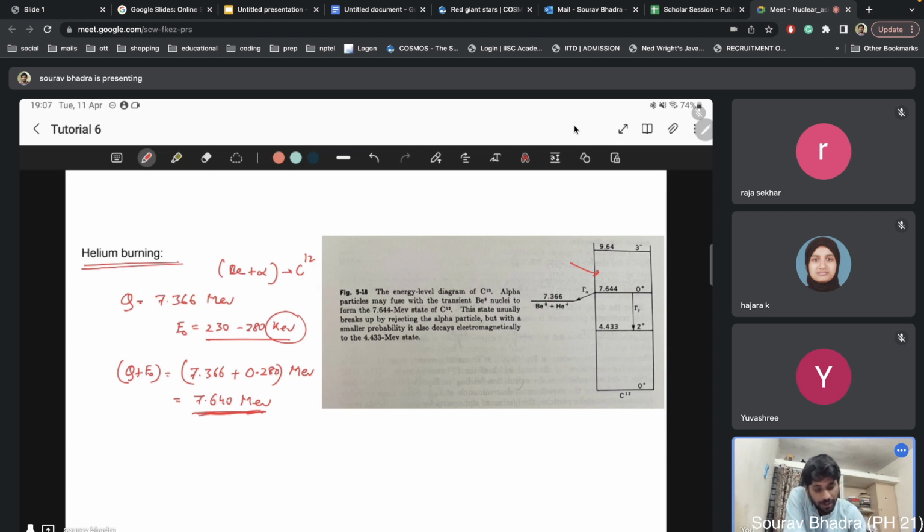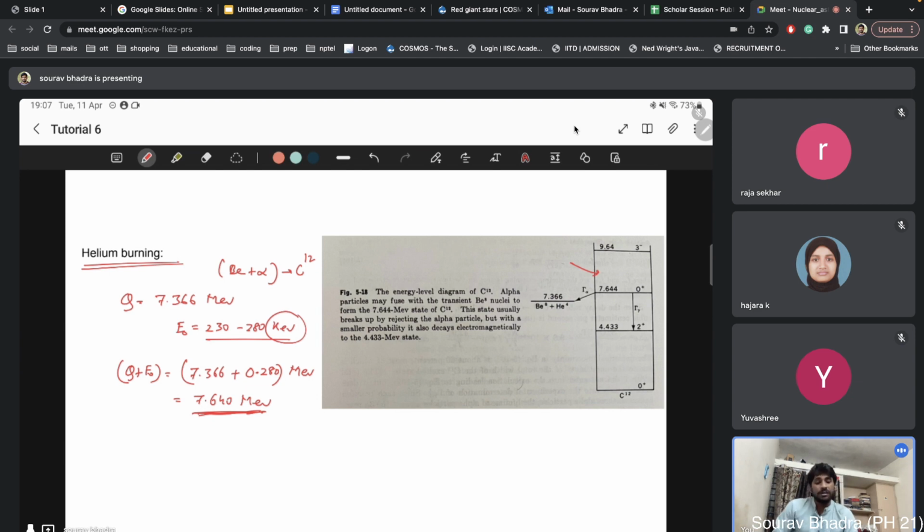Okay, so 0 plus to 0 plus, direct decay of 0 plus to 0 plus is forbidden. As I told you, this 0 plus state is an excited state, it will decay into 2 plus, the immediate lower level, and it can again decay from 2 plus to 0 plus. Okay, so that can happen, but the main part is the formation of carbon 12 is exactly because of that